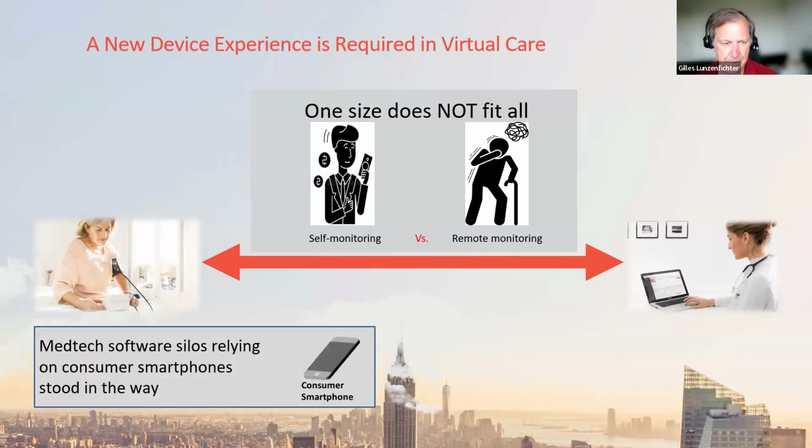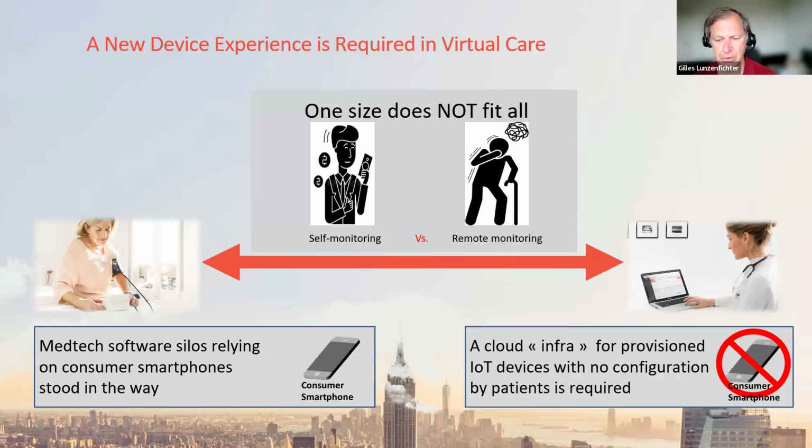And we believe that one of the key reasons the data could not be collected from all those amazing consumer devices is probably the medtech software silos: the mobile app, the proprietary cloud, the proprietary API of each medtech vendor who has devices at home. They all rely on consumer smartphones. And these different software stacks of all the medtech vendors, in the end, stood in the way. And that's why we really believe that in the future,